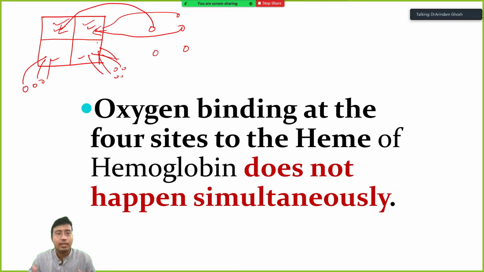Basically, this is the analogy I can give you. So binding of one molecule of oxygen will facilitate binding of another molecule. But I told you in my previous class, one hemoglobin molecule can bind 4 molecules of oxygen. So one oxyhemoglobin is basically 4 heme plus 4 globin plus 4 oxygen. The point being, the 4 oxygens don't bind simultaneously, it happens one after another.